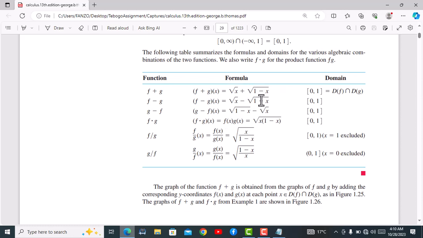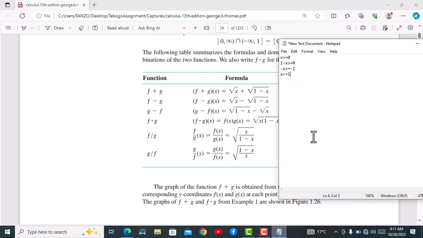Even when you multiply in here, we know that the square root of x multiplied by the square root of 1 minus x, this is just the same as doing what? Remember what we are doing here, this function multiplied by that function. So what we simply do, we just take one square root and we multiply the inner functions that are inside of the square root, or the numbers that we find inside of the square root. So for example,